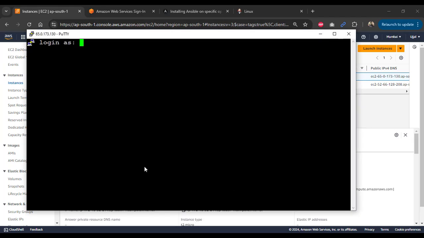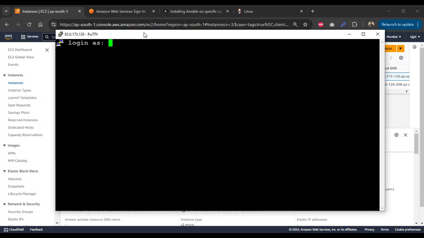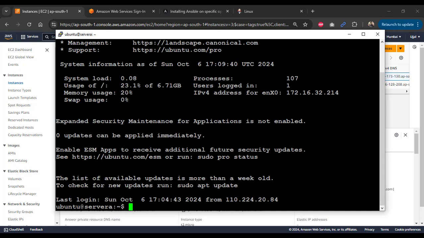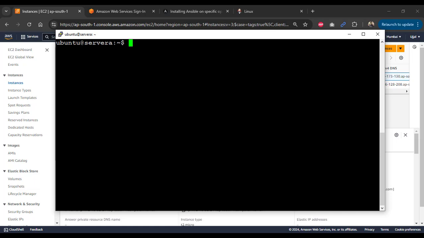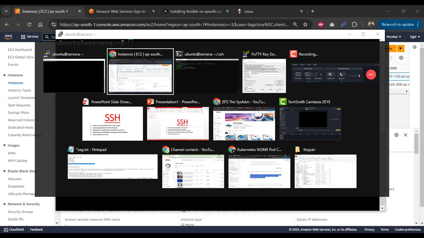Now it will give you the login prompt. So by default the user is Ubuntu, right? Enter Ubuntu. Now you can log in to the server with your private key. Okay, now if you want to log in to the server using a password instead of this private key,